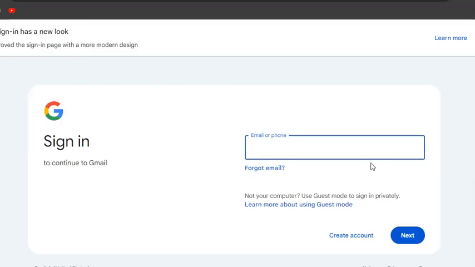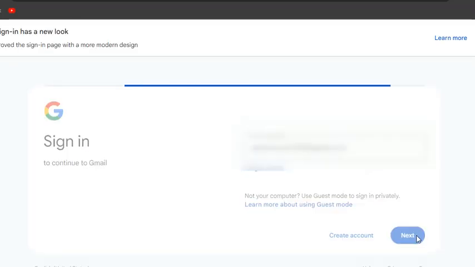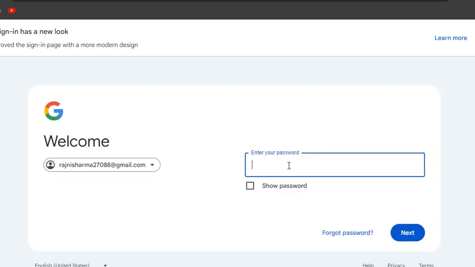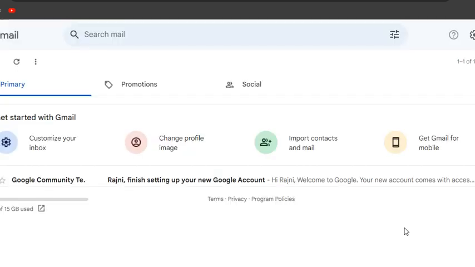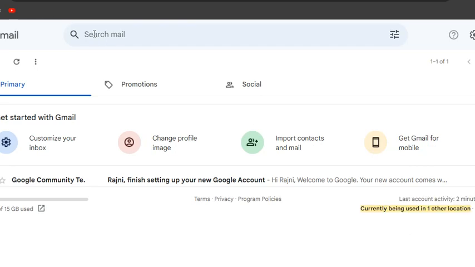Okay, so first of all I will give my Gmail account, then click on next, then I will enter the password here, then I will click on the next button. We will wait for some time. After that we will navigate to the mailbox. Here we can see